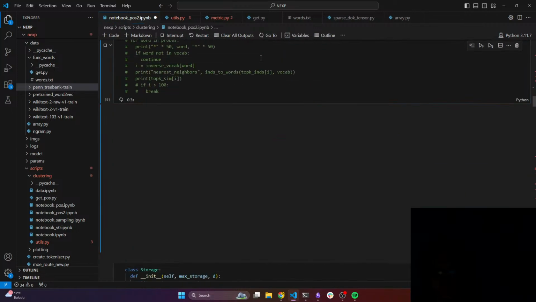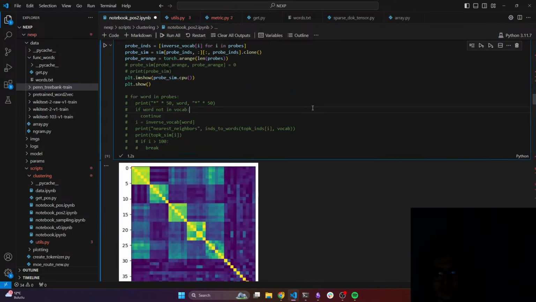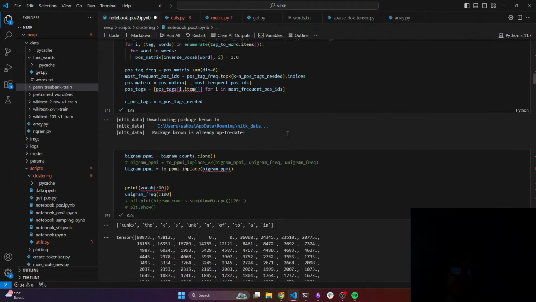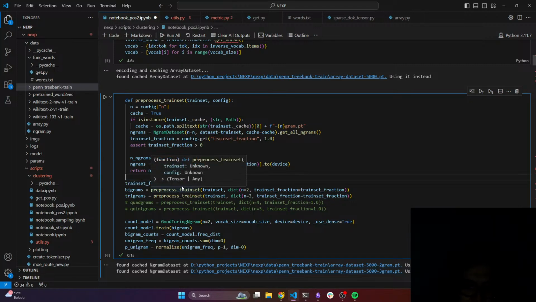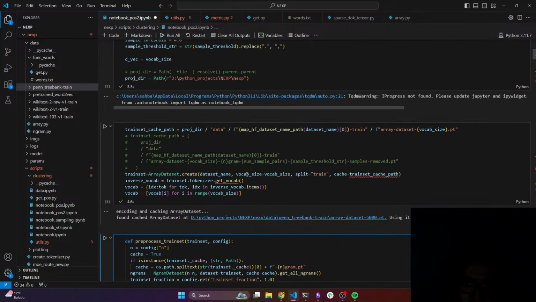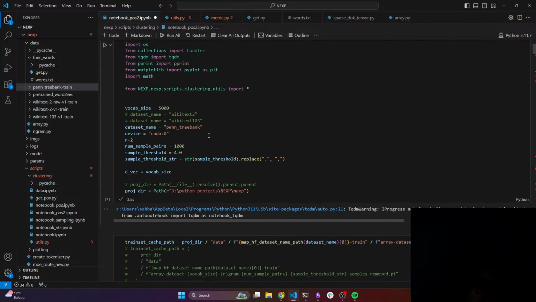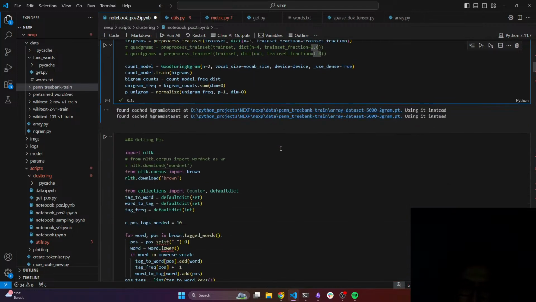Whatever. I don't think this is going to change either, right? So what I did is I took the PTB data set and extracted all the bigrams, all possible bigrams, 100% of it. Here this is important: train set fraction. 1.0 just means that I use 100% of the bigrams that can be extracted from this data set, which has roughly 1,000,000 words, probably less.